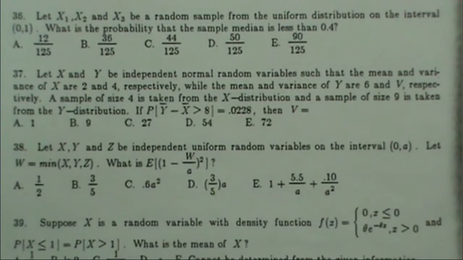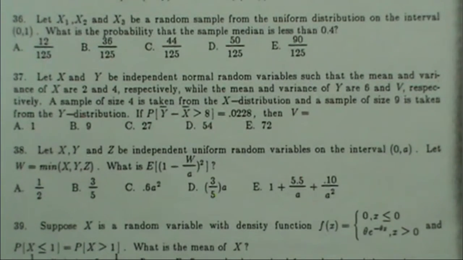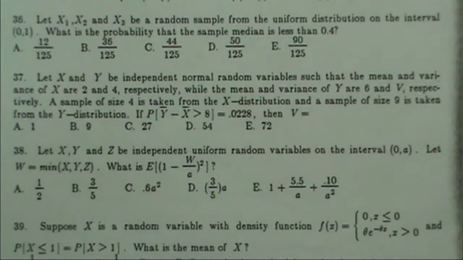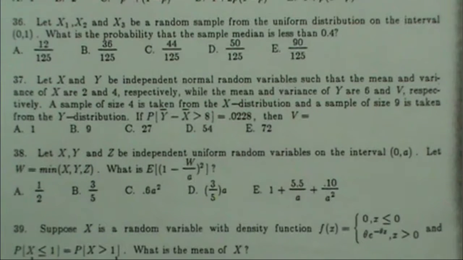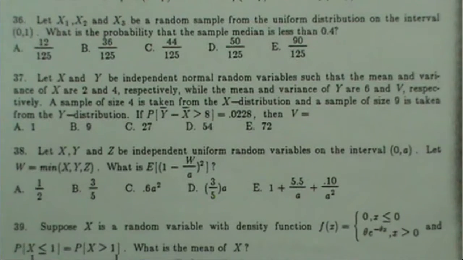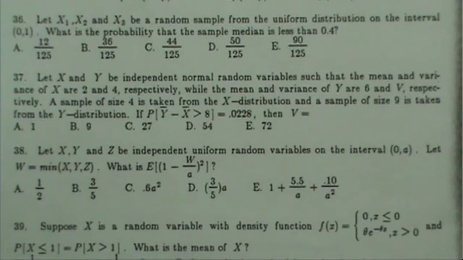Number 37. Let x and y be independent normal variables such that the mean and the variance of x are 2 and 4 respectively, while the mean and variance of y are 6 and v respectively. A sample of size 4 is taken from the x distribution and a sample of size 9 is taken from the y distribution. If the probability that y bar minus x bar is greater than 8 is equal to 0.0228, then v equals,